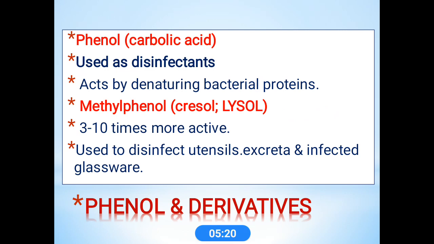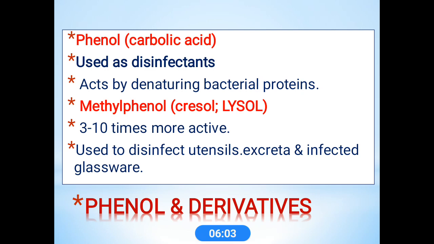Okay, phenolic, this is carbolic acid. It is also used as a disinfectant. Its main action is by denaturing bacterial proteins. This was the first used one. But later its drawbacks were identified: if administered orally, it mainly causes gastric or esophageal irritation. Some have used it for suicidal purposes. Because of these drawbacks, and because better antiseptics are available, its use is not common.